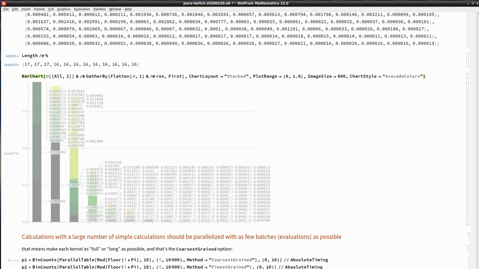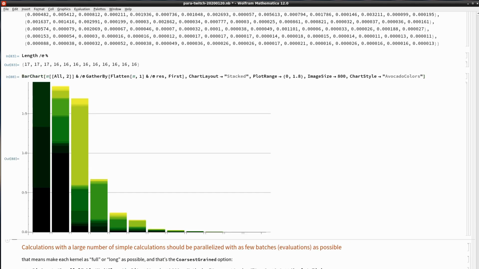Okay, let's remove the ugliness. Back to it, but you see it, right? You see my point here that we're having when we're not scheduling properly. Now we can have the opposite case. We can have a calculation with a large number of simple calculations,